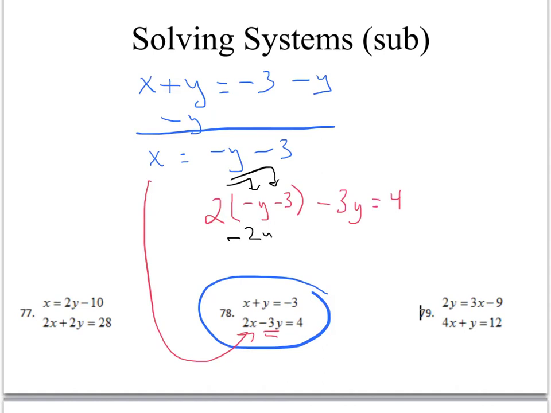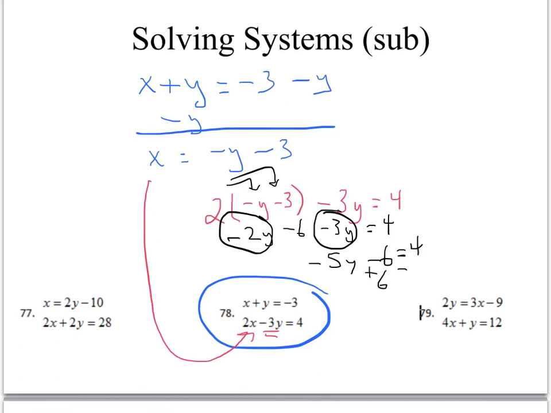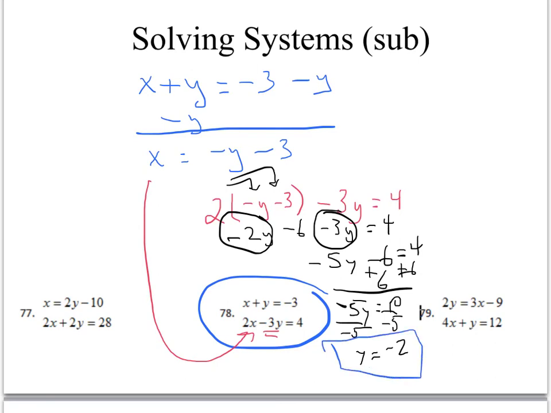We get -2y minus 6 minus 3y equals 4. Combine like terms. -5y minus 6 equals 4. I need to add 6 to both sides. And -5y equals 10. Divide by -5. y equals -2. Now the good news is when I use substitution, once I find my first variable,